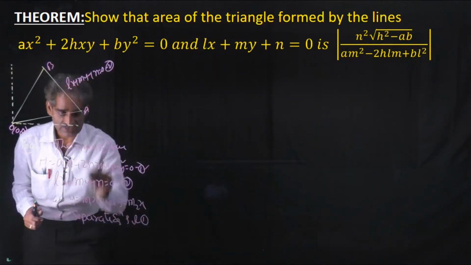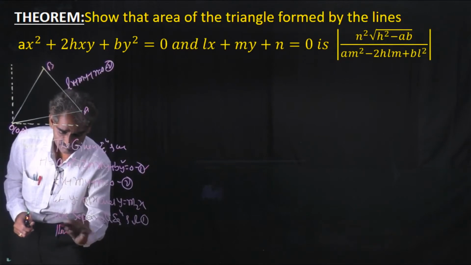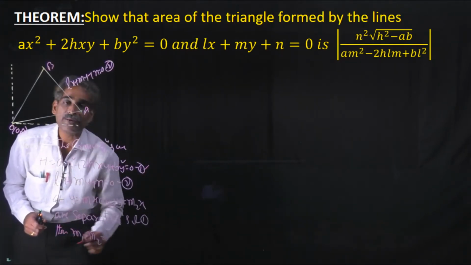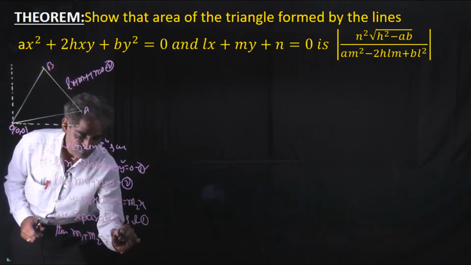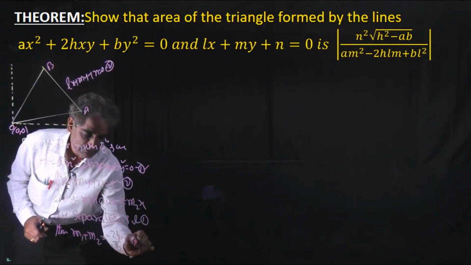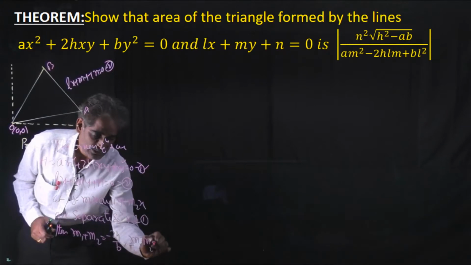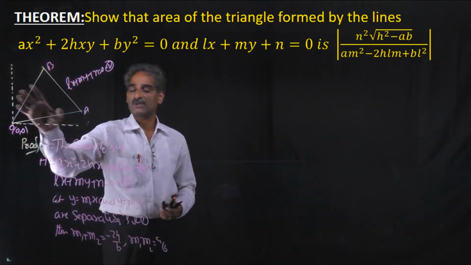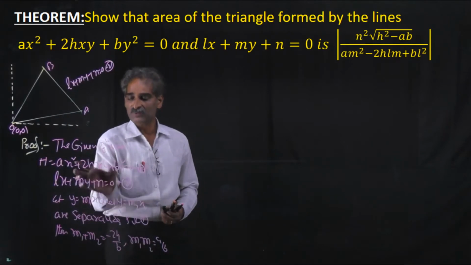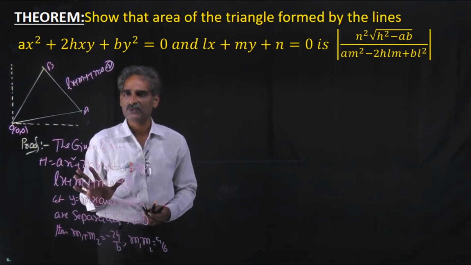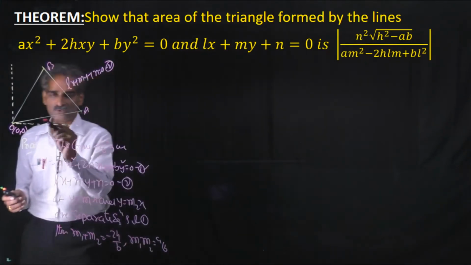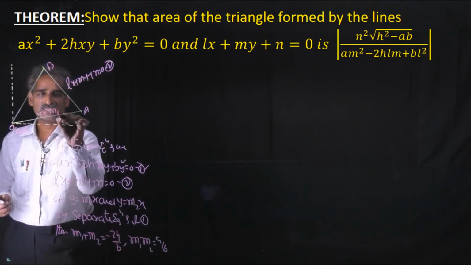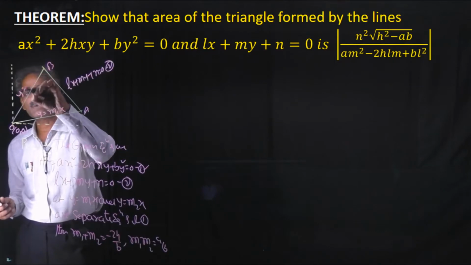So what is the connection then? m1 plus m2 is equal to minus 2h by b. m1 m2 is equal to a by b. Understand? These two are represented by 1. So these are the separate equations of 1 simply. Here the equation of y, let us take this is equal to y equal to m1x and this equal to y equal to m2x.